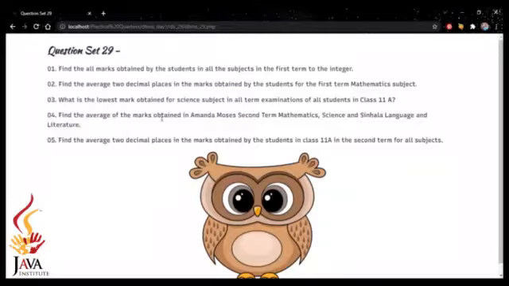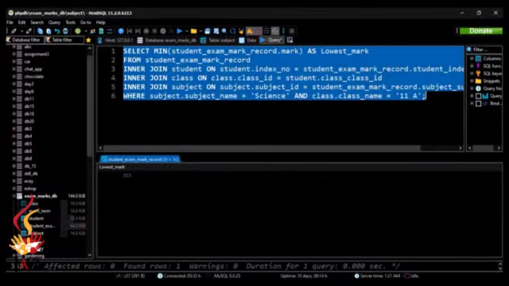Find the average of marks obtained in Amanda Moses' second term mathematics, science and Sinhala language and literature. So that means we should find the total average of the marks which Amanda Moses has got for the second term examination. So for that,